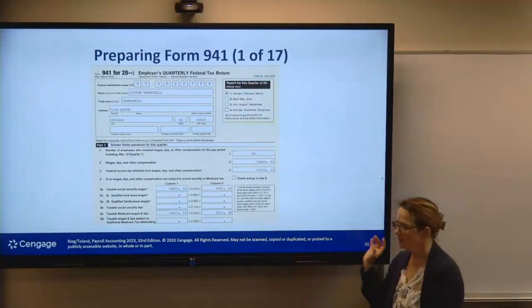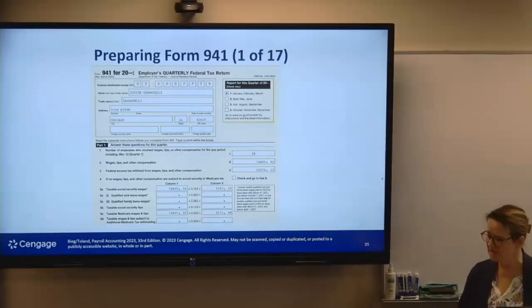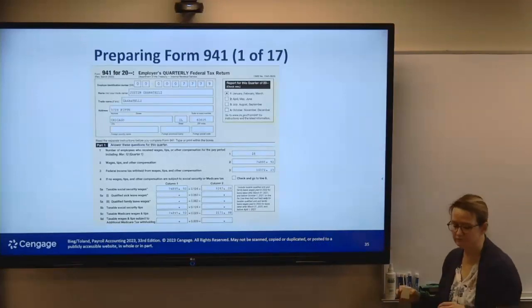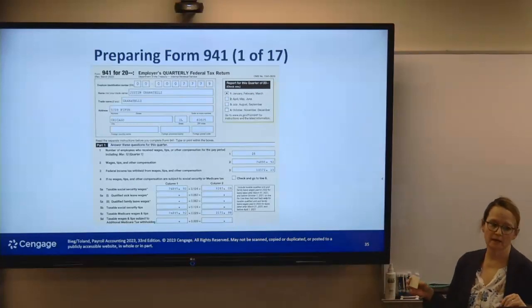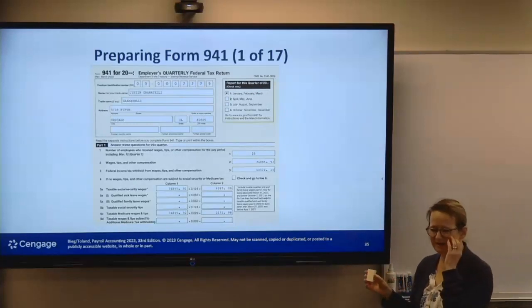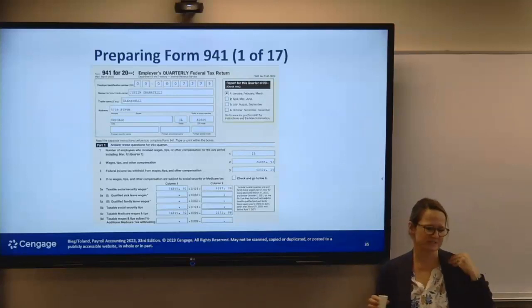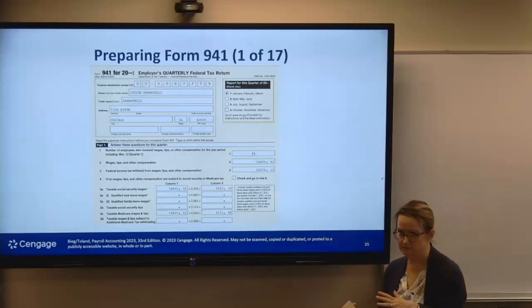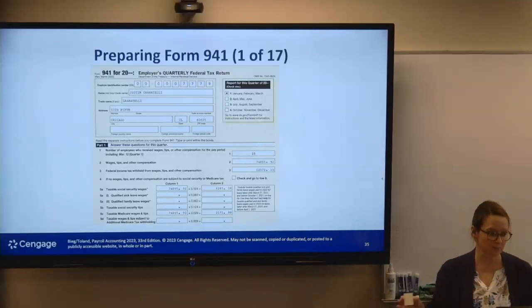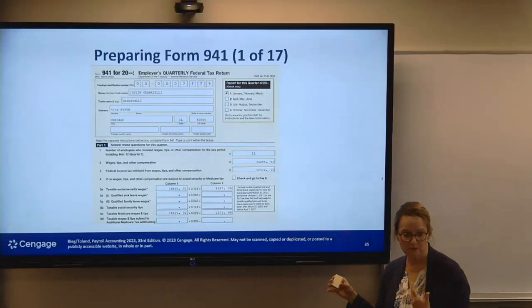Okay, so I know it might be a little bit hard to see, but all the virtual students, feel free to follow along with the slides. I'm just going to do a quick overview of this particular form. And then I'm going to go through some practice problems I put up in Cengage. They're essentially a second set of homework problems. The ones that are assigned to you are set A. This is set B. It's not worth any points, but we'll go through some of those problems